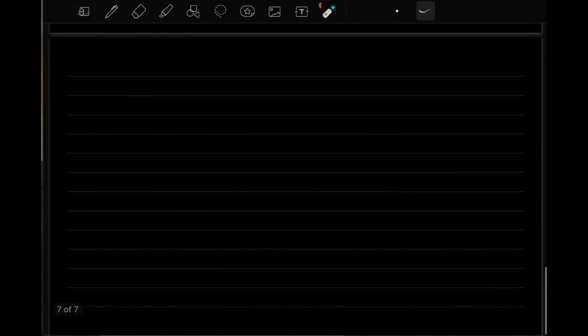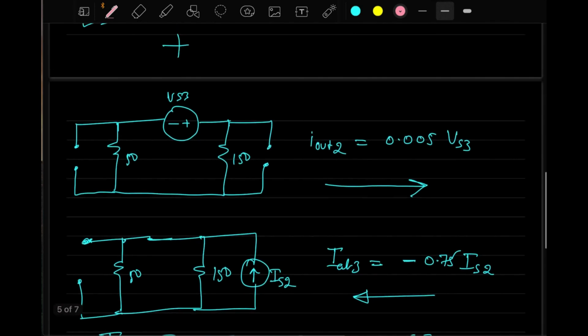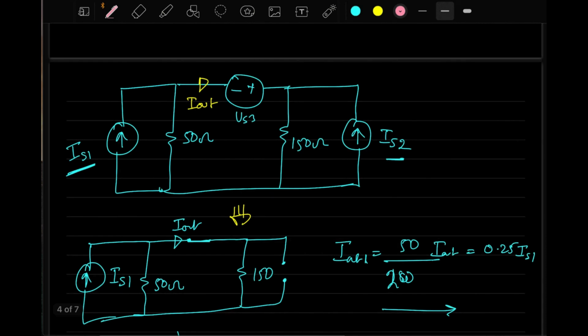So let us solve. Sir, so basically in superposition as well, just like in the previous question that we did, we are simply calculating the R net, and then multiplying it with the component that is activated, right? Like we have to do it the way we wrote in the matrix. See, these things are different ways of solving the circuit. Do not confuse them with each other. There are some methods which you will find convenient for nodal analysis. In some methods, you will feel convenient solving through mesh analysis.